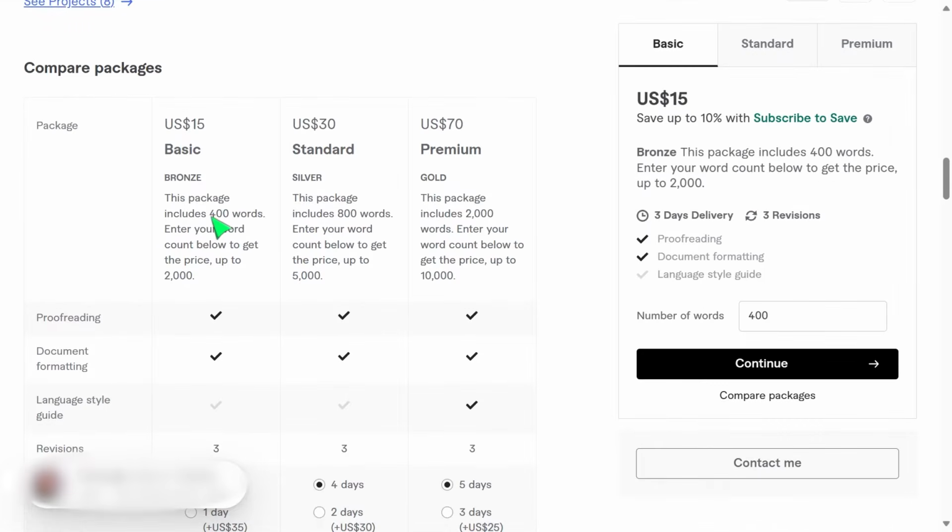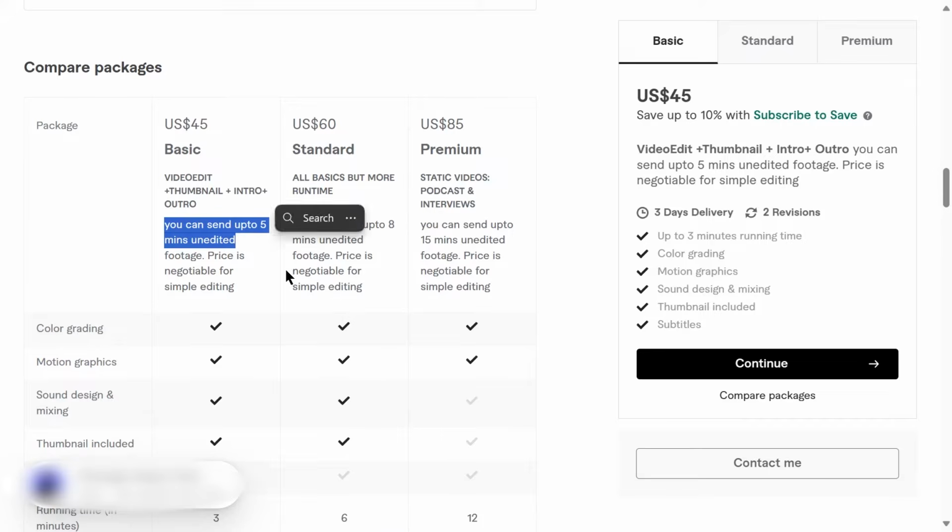Because game development is not like other freelancing services. For example, a writer or a translator would charge a fixed price per word, and the video editor would charge a fixed price per minute. But for game development, it gets very tricky. Every feature is unique. Every feature will cost differently based on the time it will take, the effort it will take, and your willingness to do that feature.